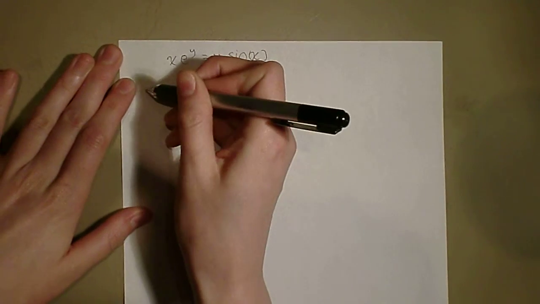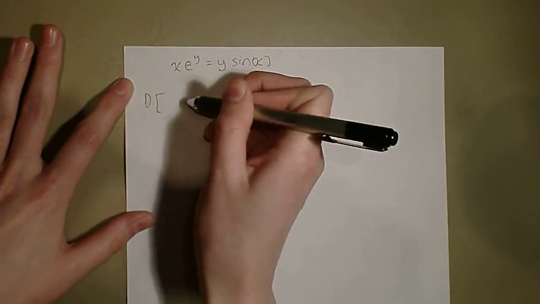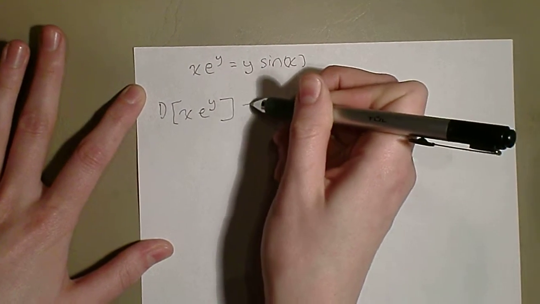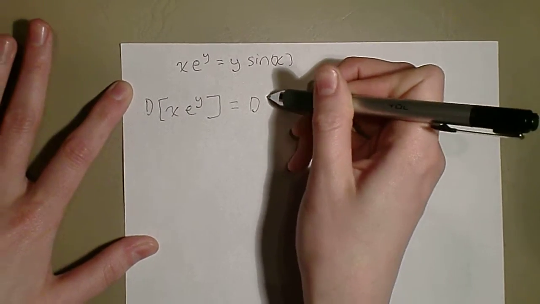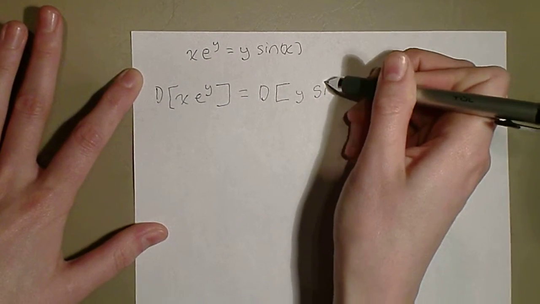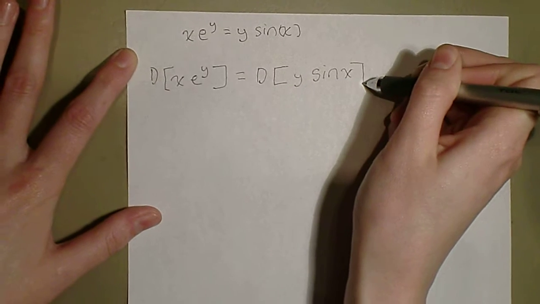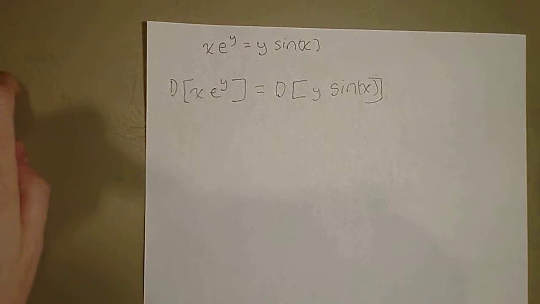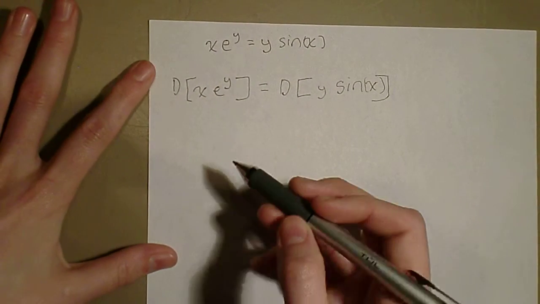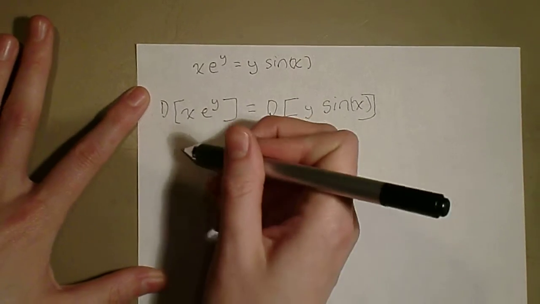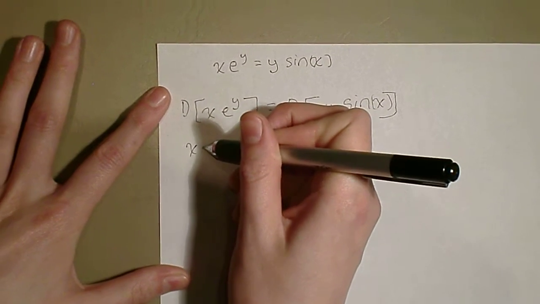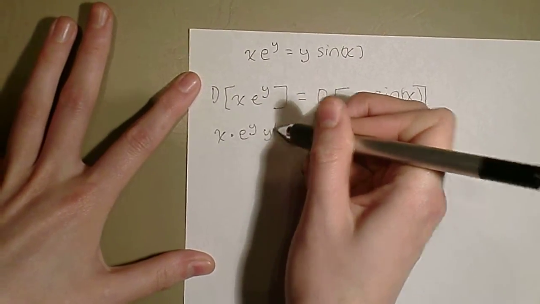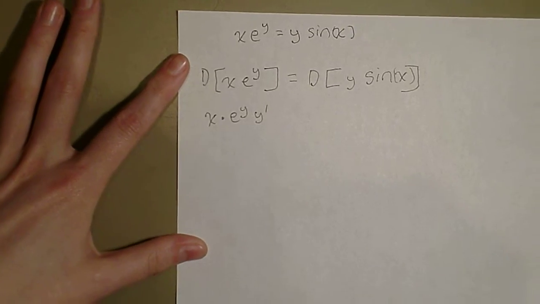So we're going to start out with d of x e to the y equals d of y sine of x. Okay. And then we're going to have to use the product rule. So we're going to start out with first, so x times the derivative of the second, e to the y prime, because we're using implicit differentiation, so we have to hold on to the y primes,